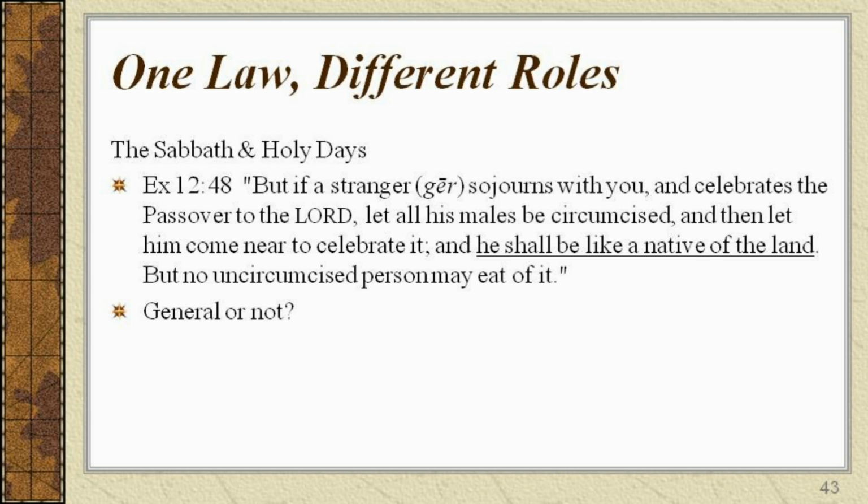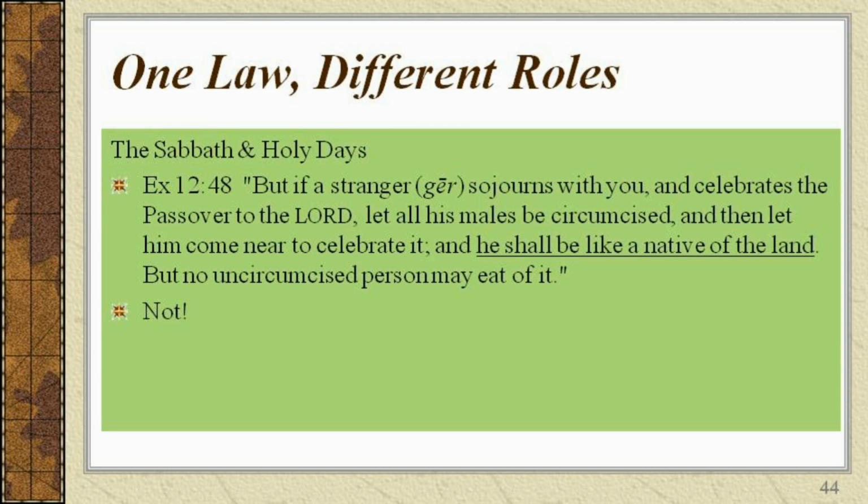It is not general. This passage clearly shows that an uncircumcised Gentile was not part of the covenant community and was not allowed to eat the Passover. This passage also shows that the term ger referred to an uncircumcised Gentile. A Gentile proselyte was an equal member of the covenant community, like a native-born Israelite. He was no longer a ger, no longer a resident alien.